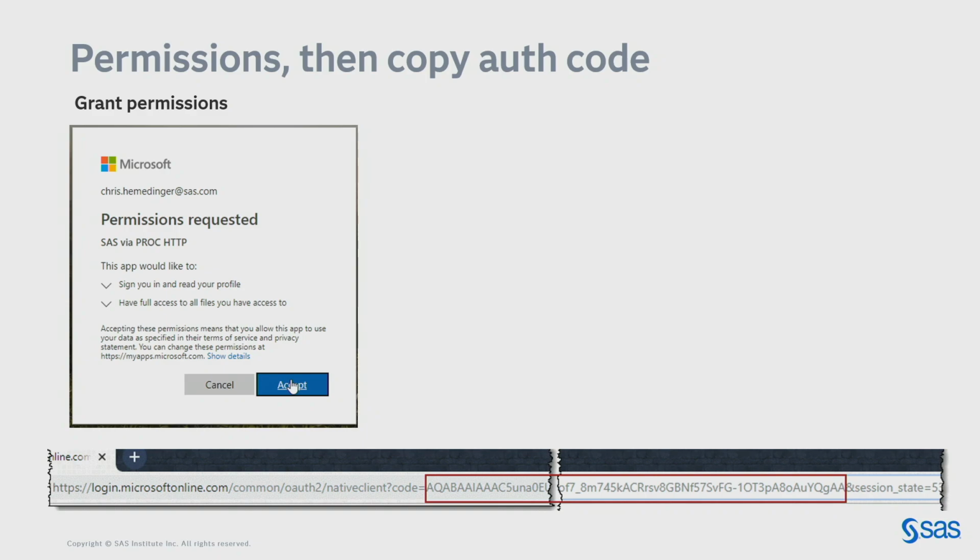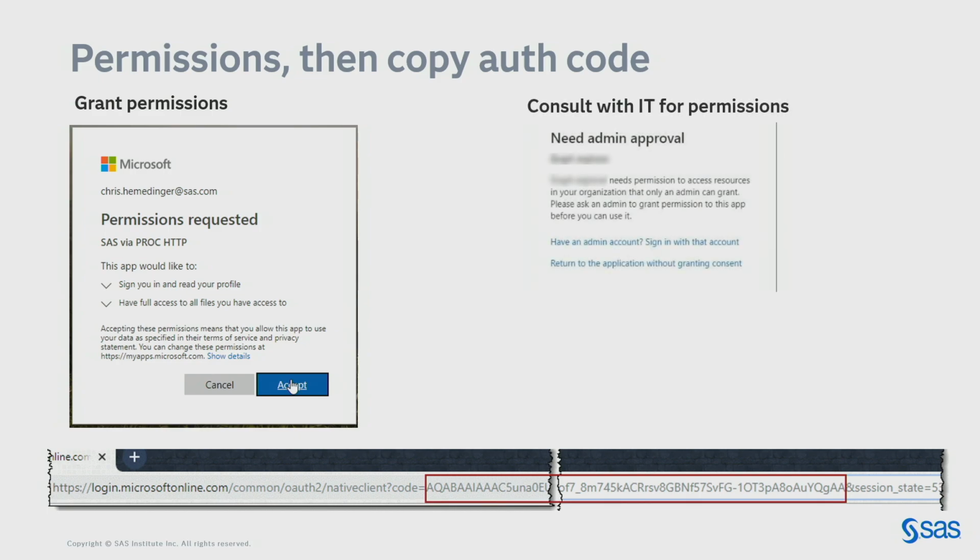So this is an example of the long URL down there at the bottom that you're going to get that has that auth code in it. And then you might get one of these prompts that says, oh, this application wants to do some of these things on your behalf. Do you want to allow that? So it requires your consent. Again, you do this just once. If you get this far and you don't have IT consent yet, you might get another blocker that you'll then have to go to your IT and ask, bake them a tray of muffins or something and ask nicely. I'm sure they will help you.